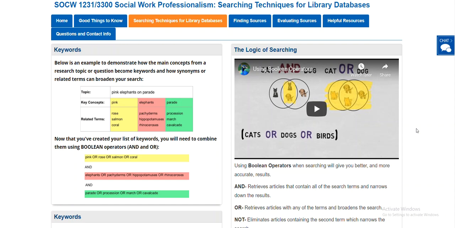And then, "or" you will put in between your search terms, and you can also use "and." "And" will narrow down your results and keep it in the scope of what you're trying to look for. So if there's two or three keywords, it will tell the database to only search for articles that have all the keywords in there, not just one or a few, but every one from every search box that